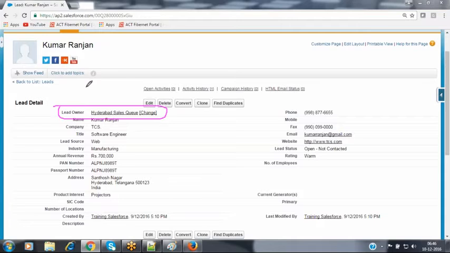So at that time, in this kind of scenario, how can we assign? Whenever you submit the details through the organization website, Salesforce automatically fires the assignment rules. Based on the city value, it automatically assigns the lead record to the associated queue, so now it has been assigned to the Hyderabad sales queue. It is not assigned to the administrator directly, because if the administrator is on vacation for 4 days or 1 week, then so many lead records will pile up, and that will be a very big problem for us. So I don't want to make the admin the owner always. I want to redirect the record to the associated queue by default. So now let's make a note of it here.